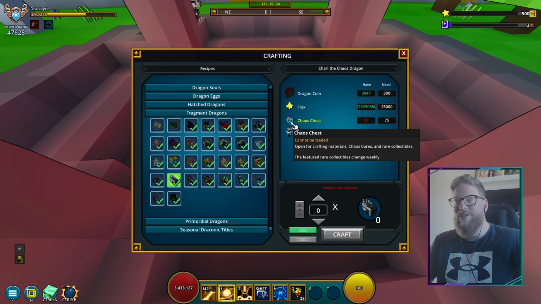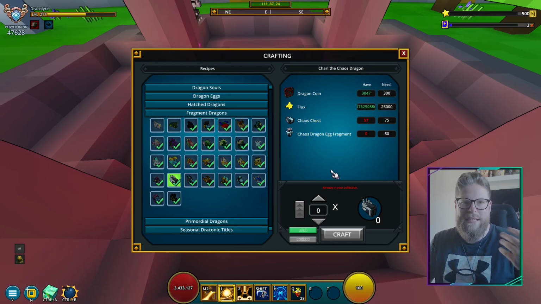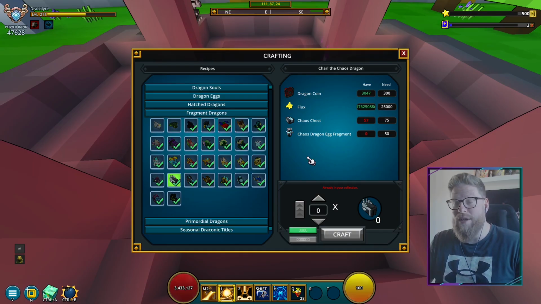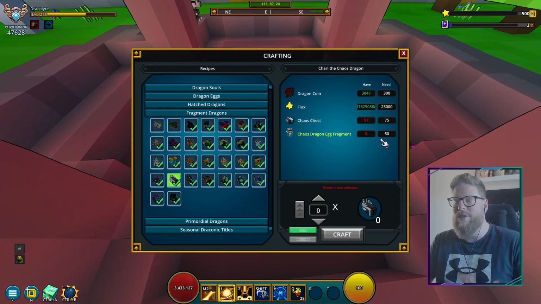These are of course not any ways to obtain, so I would suggest that you get all the fragments for the dragon, and when you do have all the fragments, then you should save your chaos chest, so you don't need any more of them. Because these are going to cost you those chaos cores, which of course come from the chaos chest. So my suggestion: get the fragments, then save up for the chaos chest, 75, and then